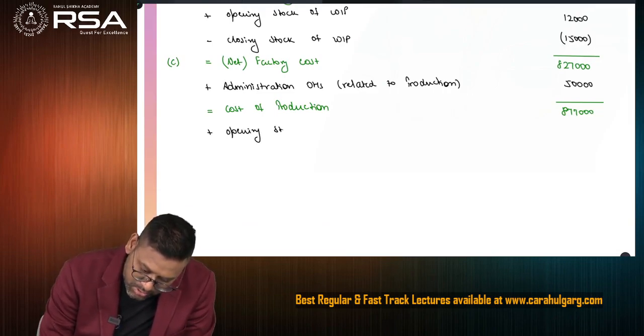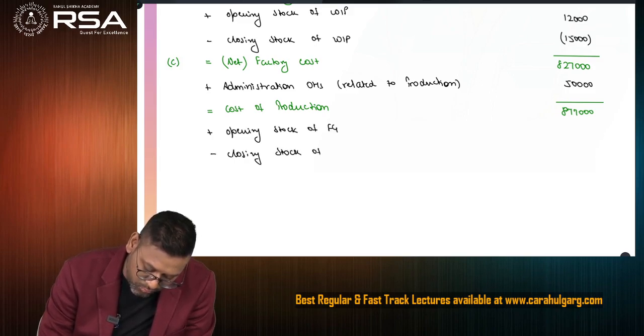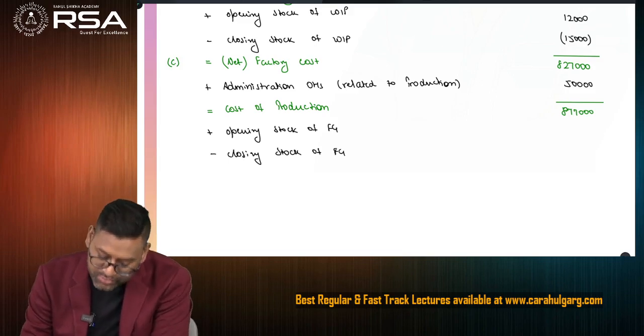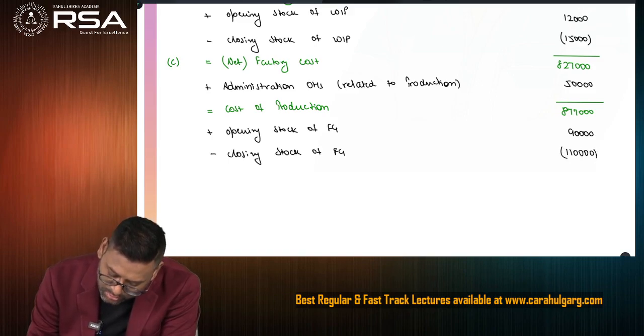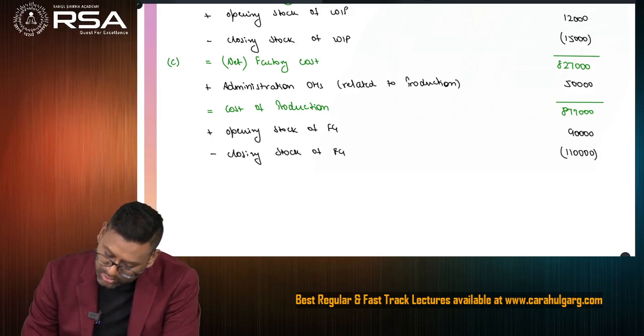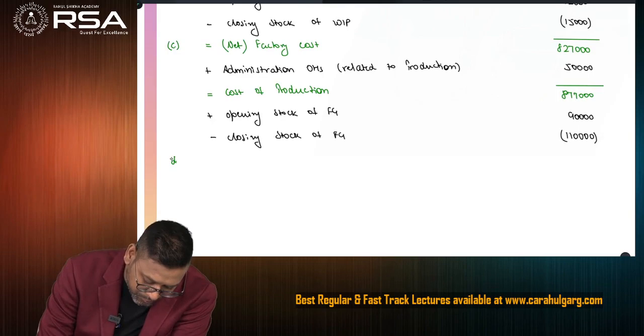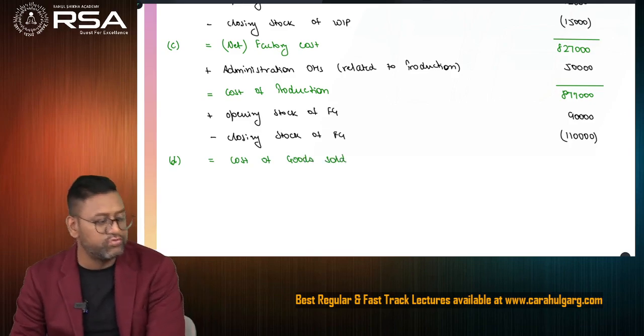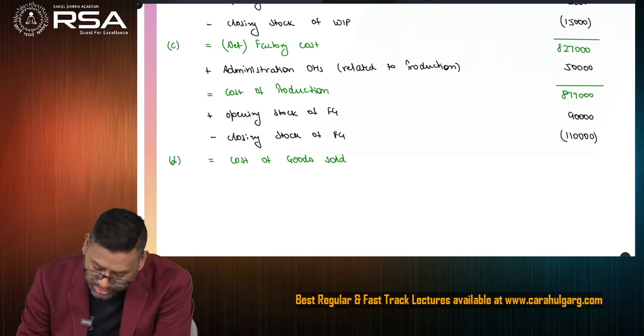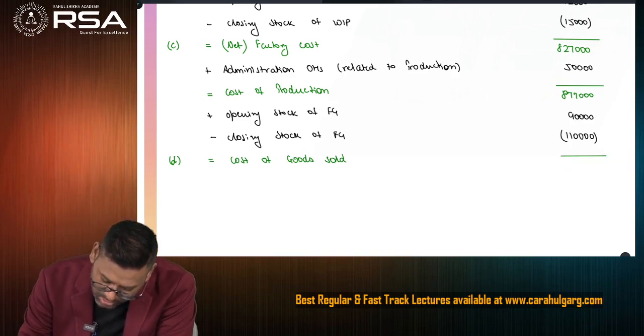Now we do the adjustment for the stock of finished goods. So plus opening stock of finished goods and minus closing stock of finished goods. The opening stock of FG is given as 90,000 and the closing stock is given as 1,10,000. So overall you see 20,000 minus. The question gives this at number D, so it is cost of goods sold. This is a very good question for the practice of cost sheet which we have done till now. So 877 minus 20,